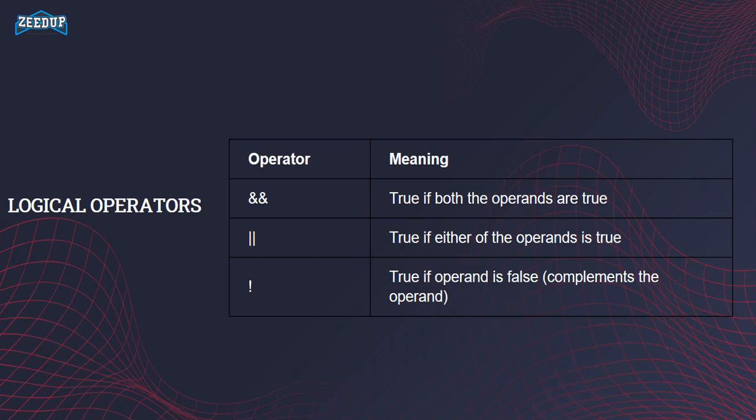Second we have the OR operator, which gives us the true value if either of the operands is true. That is, if either of the values is non-zero, then we will get a true from the OR operator, while the NOT operator is used to negate the condition. That is, if the value we are passing to it is true, then it would return false, and if we are passing a false value, then it would return true. All these operators have something known as the truth table, which is used to specify the values and their behavior.